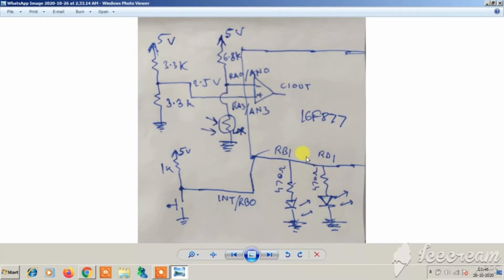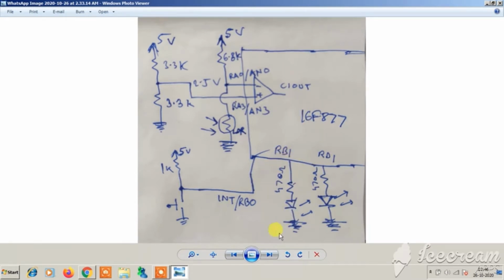So this is our program. On the occurrence of the external falling edge interrupt, RD1 will blink once, and when the comparator interrupt occurs, RD1 will blink 5 times at a faster rate. And in the main code, RB1 will continuously blink.